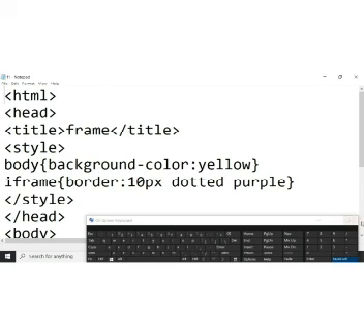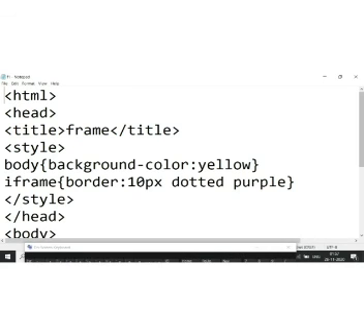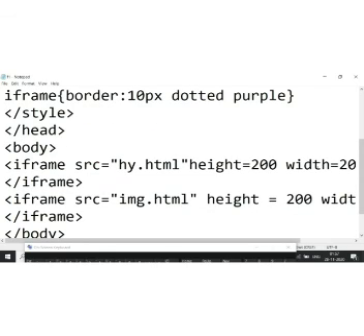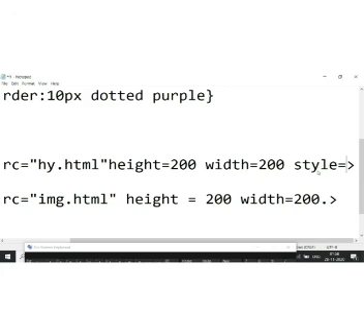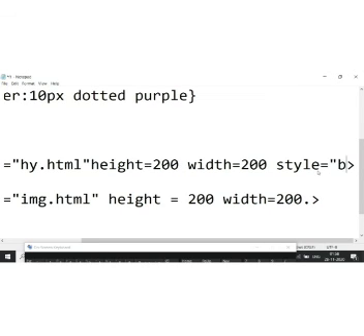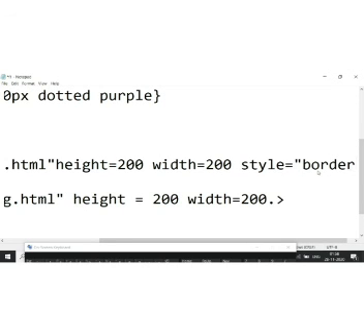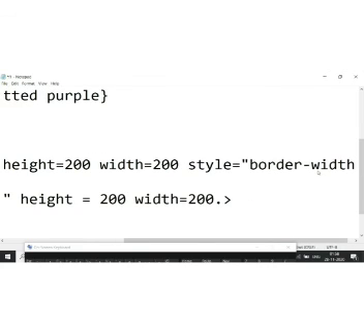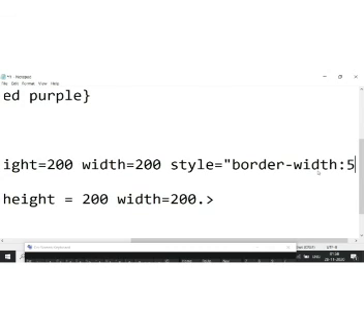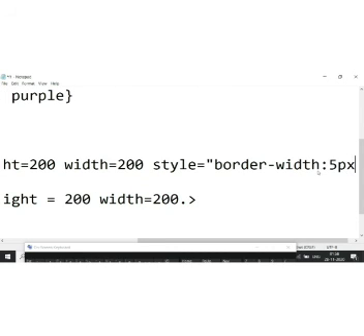There are a few more border properties that you can use, like border-width, border-style, and border-color. If I write here on this frame style equal to any value, I'm writing border-width, and the value, suppose 5 pixels.